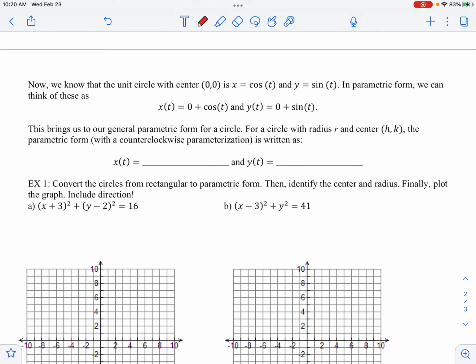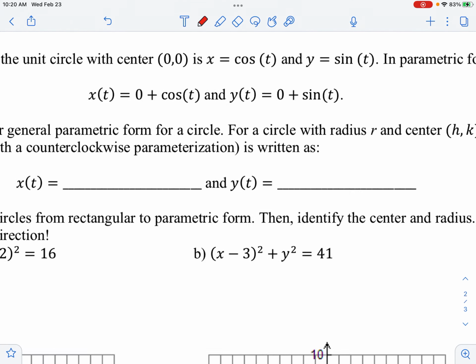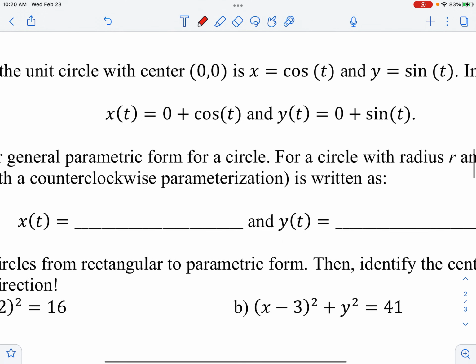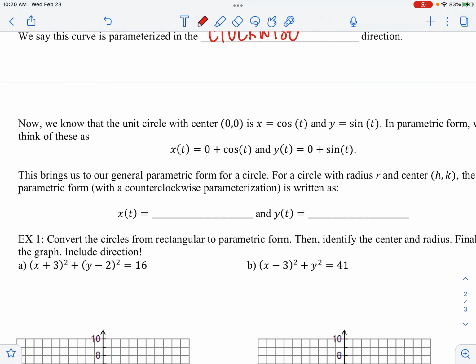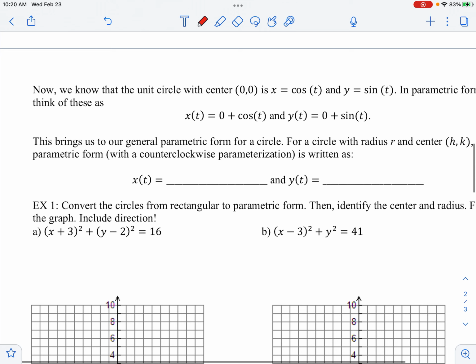In parametric form, we can think of these as x of t equals 0 plus cosine of t, y of t equals 0 plus sine of t. This brings us to our general parametric form of a circle. For a circle with radius r and center h, k, the parametric form with counterclockwise parameterization